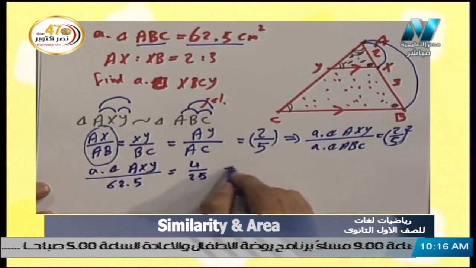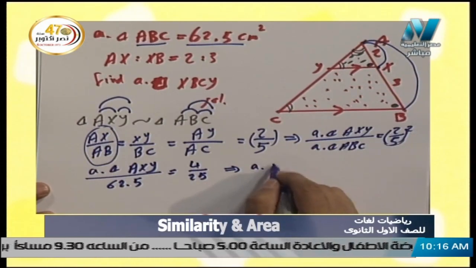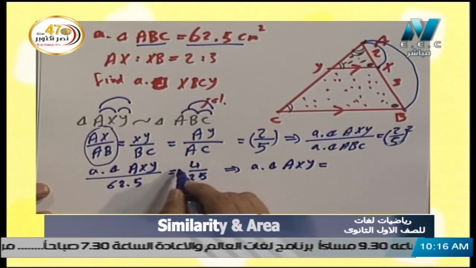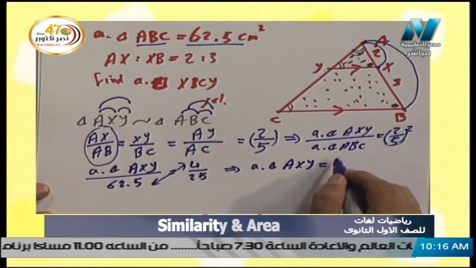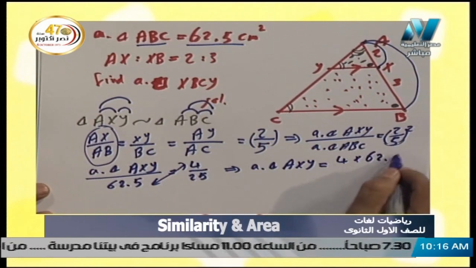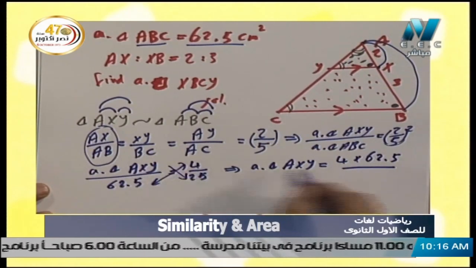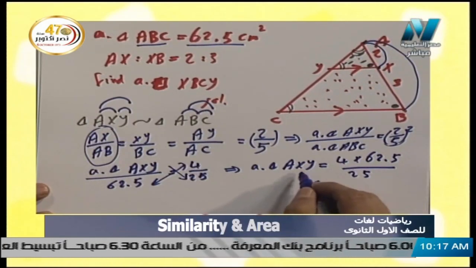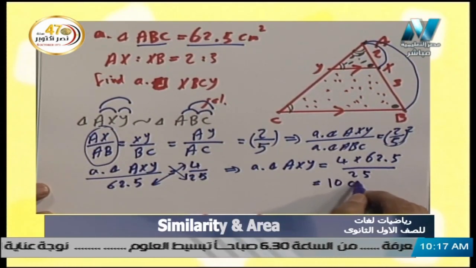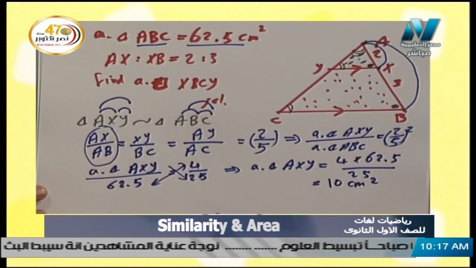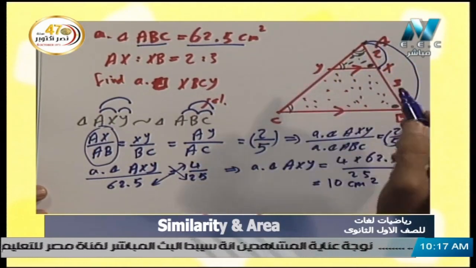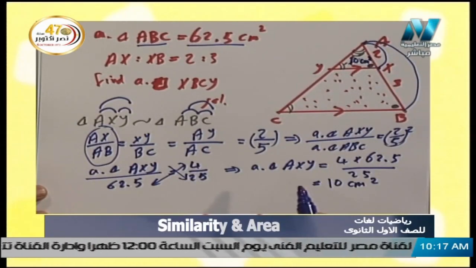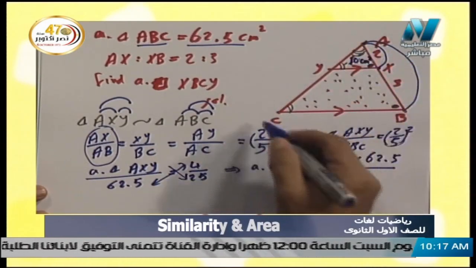Okay? We can get the area of triangle AXY by cross multiplication. We multiply 4 by 62.5 over 25 here, and we will get that the area of triangle AXY equals 10 square centimeters. So the area of triangle AXY here equals 10 square centimeters, and the whole area of triangle ABC here